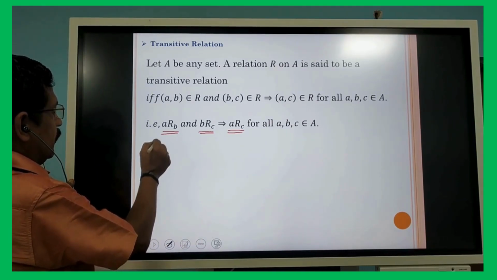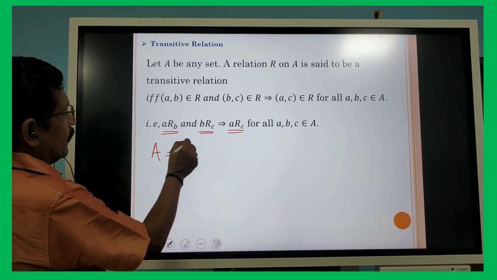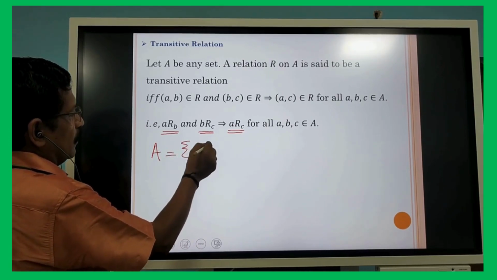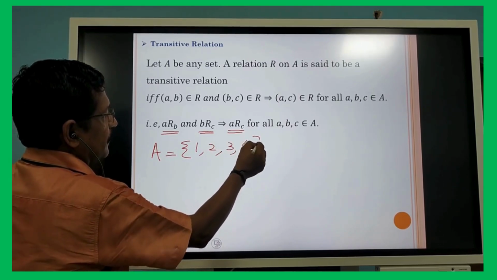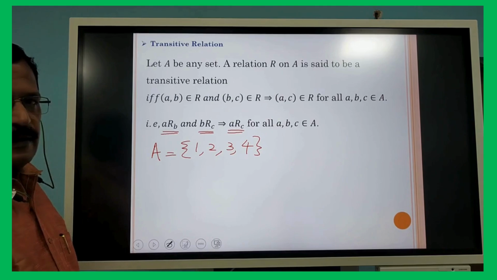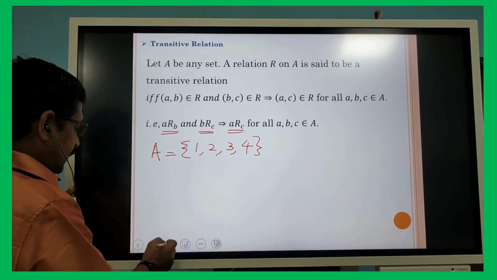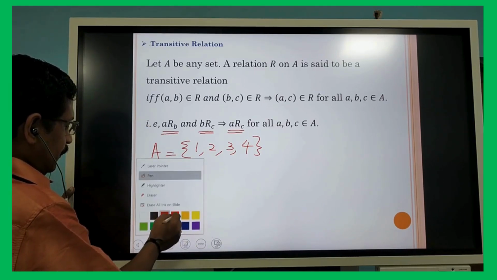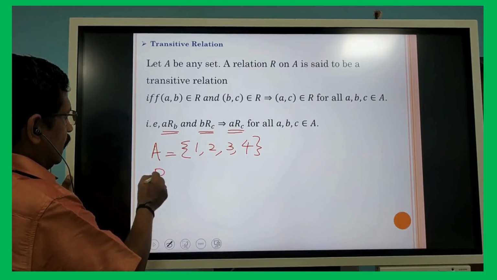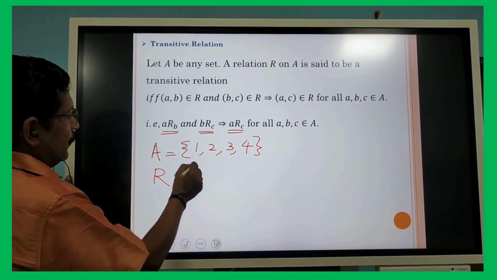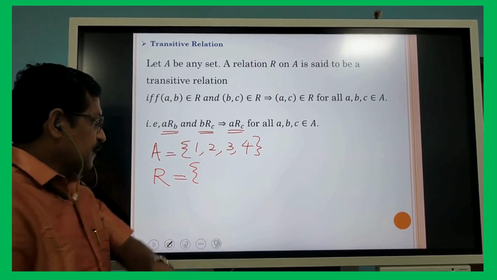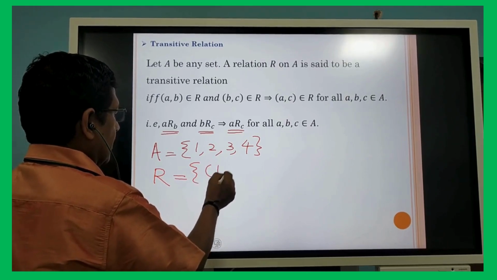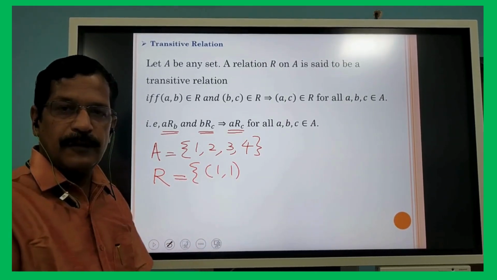Suppose A is equal to the set {1, 2, 3, 4}. Suppose a relation R is defined as R equal to the set: 1 is related to 1,